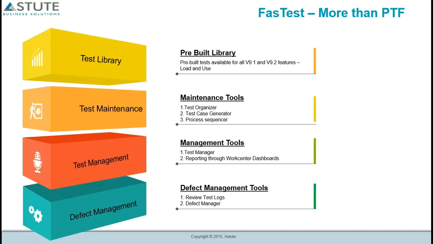Our pre-built library also has several end-to-end process scenarios automated and available as samples for you. So your recruit to hire process, or hire, onboard, and benefits enrollment, that process chain, or your procure to pay process, or order to cash process. We have templates built for all of those end-to-end scenarios so that you don't have to build them from scratch. You can leverage ours and modify them or use them as is if you're vanilla.